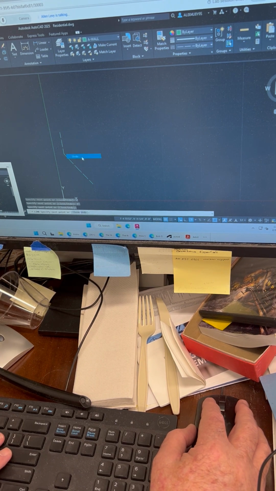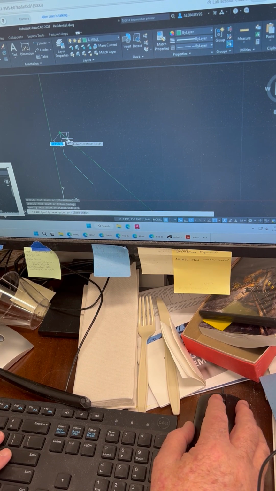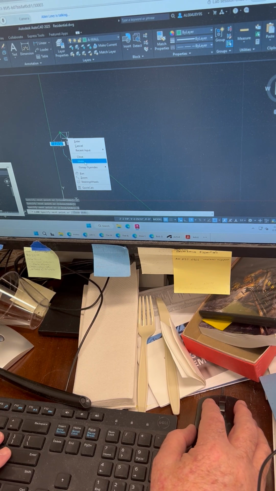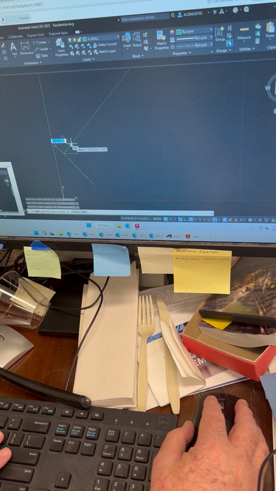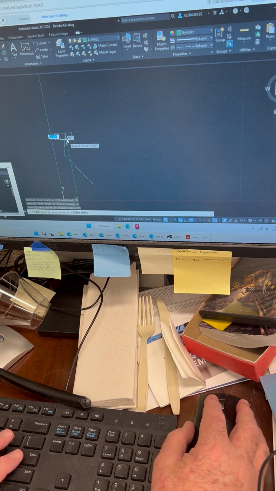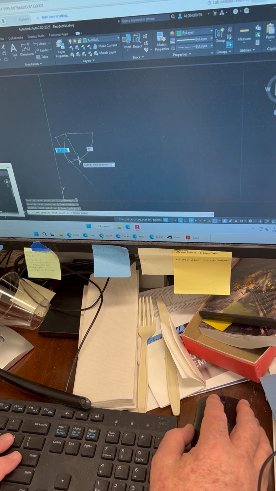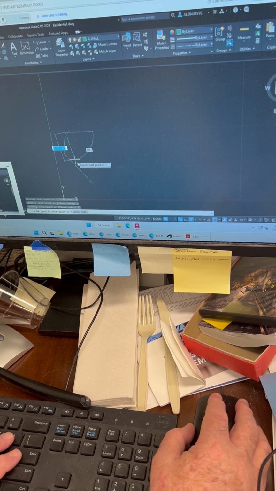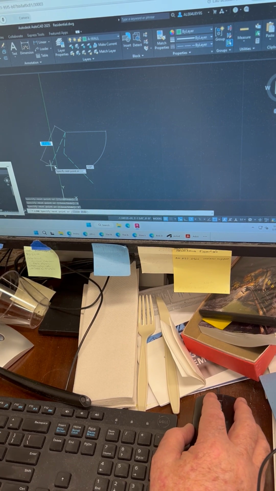So I can click here, additional angles, and I can make a new angle. So let's say I have some weird room that the walls are all at 25 degrees. So I can add 25 there. If I hit OK,